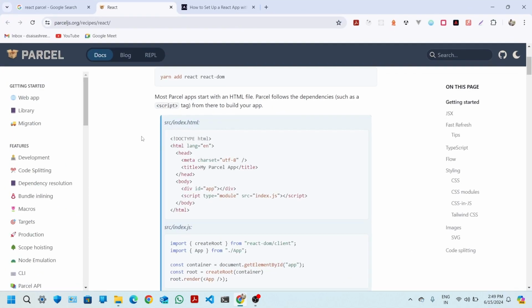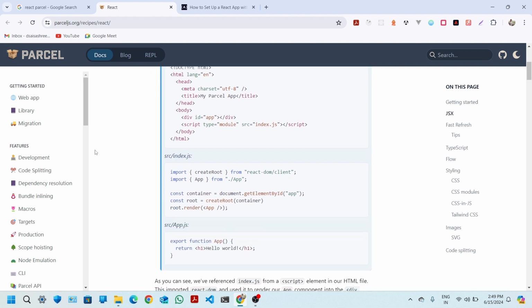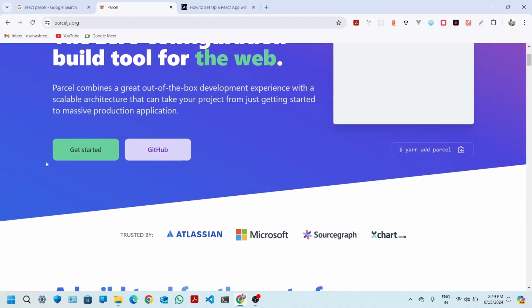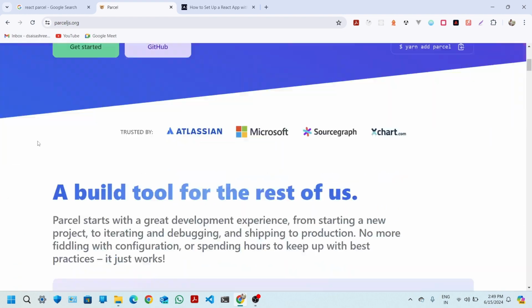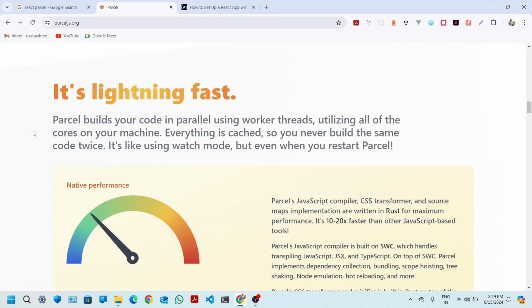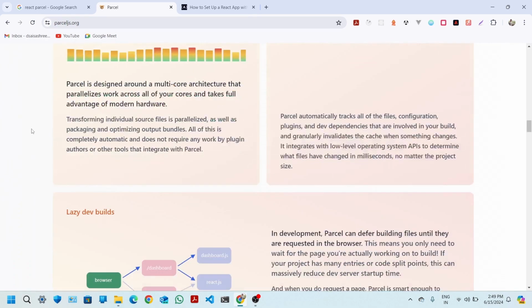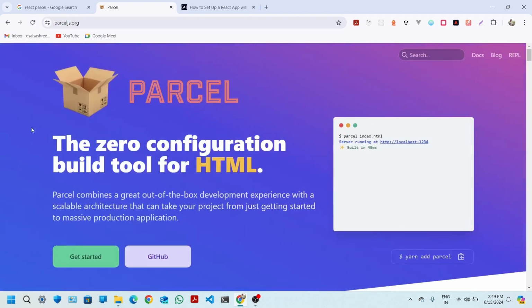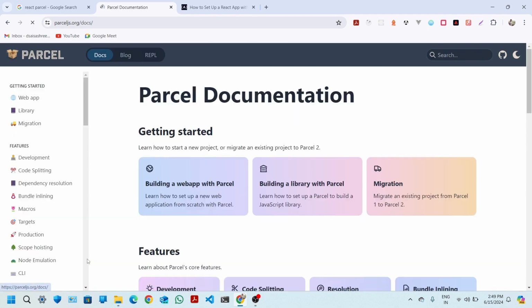To create a React app, there is another format called Parcel. This is also another way. This is the official website of Parcel. This is how the Parcel website looks, parceljs.org. And if we click on Get Started,